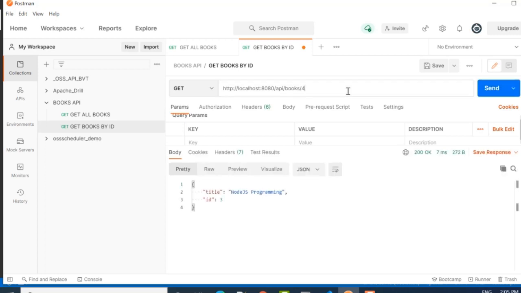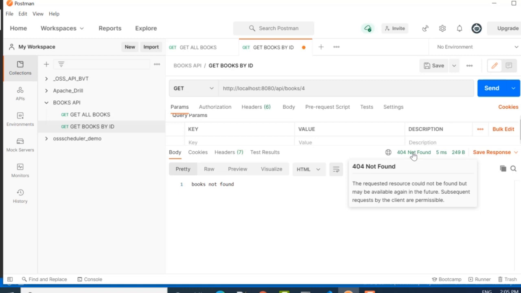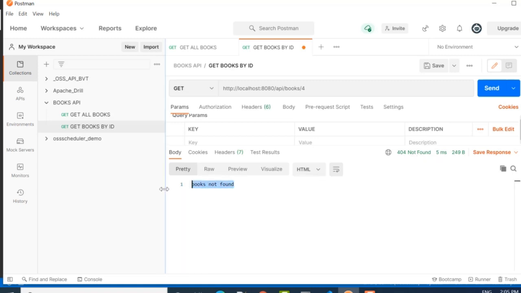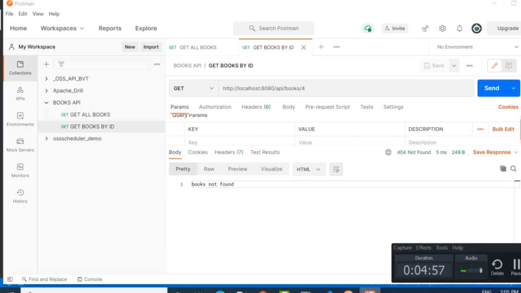Now if I pass 4, what should happen? It is saying 404. You can see status is 404, and then here also we get the message books not found. We can save this request for future reference,